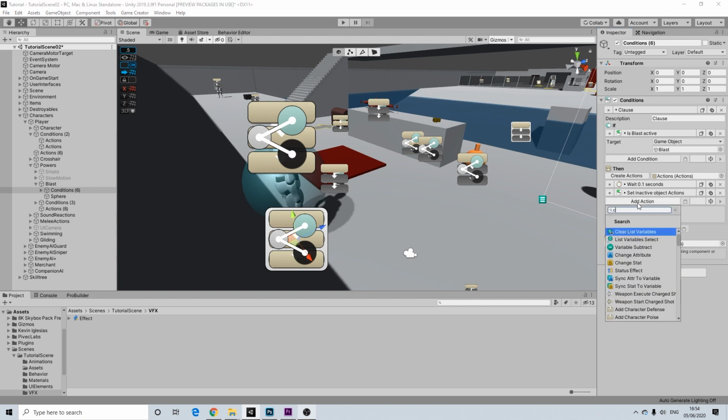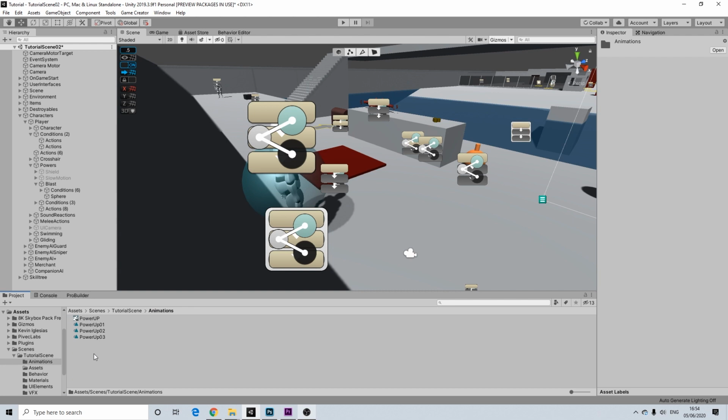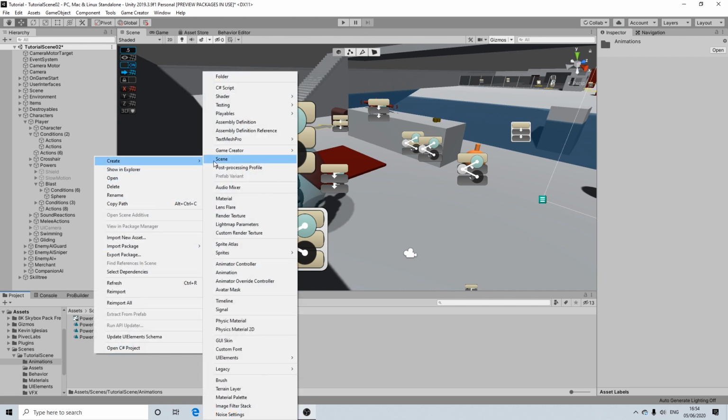I'm going to change state, and usually I just use an animation clip. This time I will actually use a state asset, and we're going to set one up. So if you go to animations, in any folder you want, we're going to create a